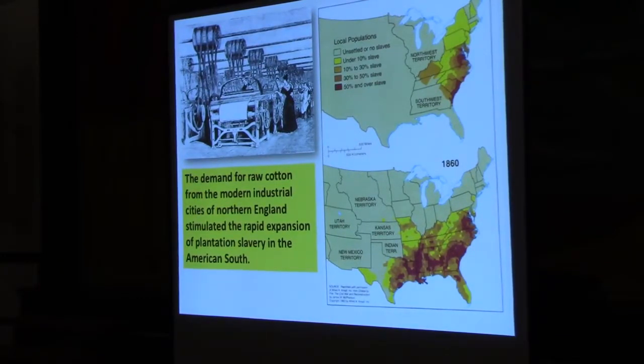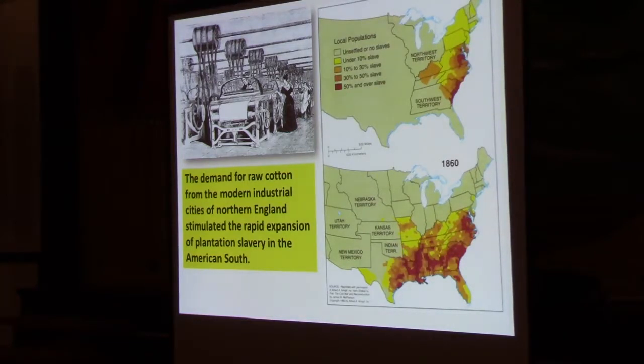So you can see in 1790, pretty much exclusively parts of the Virginia Tidewater, the South Carolina indigo and rice plantations in the coastal South Carolina. By 1860, by the start of the Civil War, the gigantic expansion of slave-based cotton production in the Mississippi Valley, in particular, and that whole great belt of dense slave populations extending from South Carolina, Georgia, westwards, and in fact, by this time, the old slave plantations of Virginia are essentially just producing slaves. By this time, the tobacco production has pretty much collapsed, and they basically grow slaves who are then exported to the slave plantations in